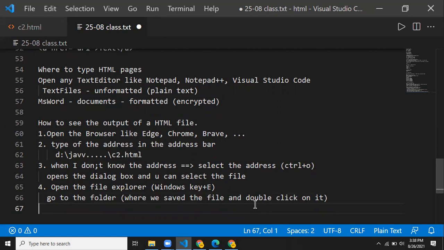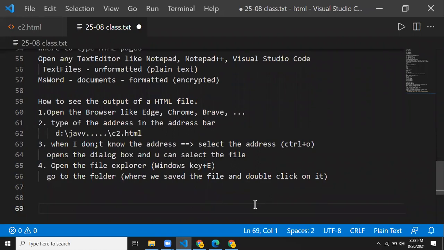Or let us say that you have done a little work, you have learned something. After learning something, do I need to type this code all over again? No, it is not necessary. So what is an alternative for this? We have some HTML software which will help me to generate my HTML page. Actually, we call it